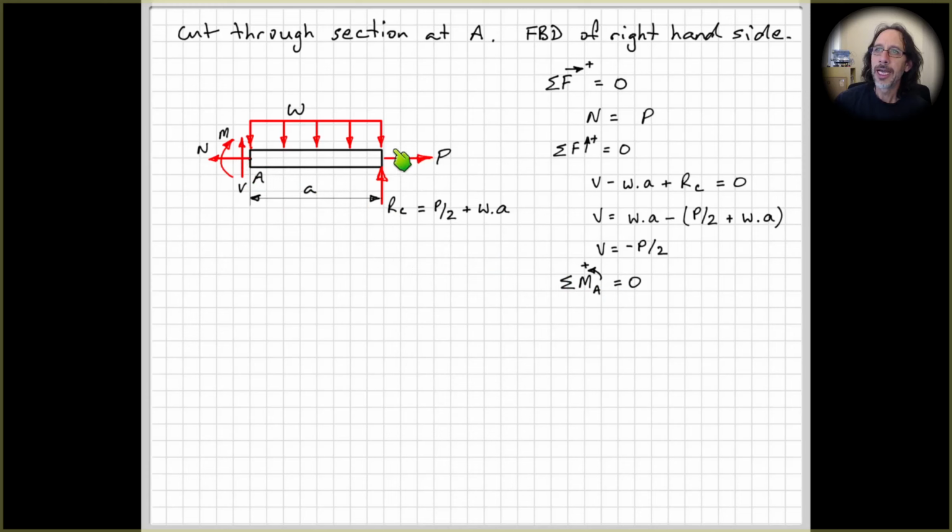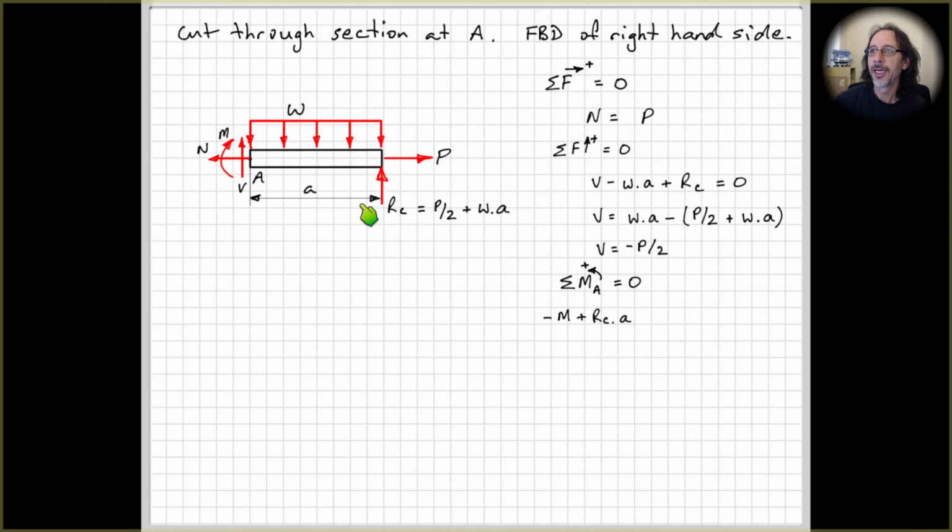Then if we do moments about the cut end, so normally we take moments about the cut end. You can take moments about anywhere else if you like. The only problem is that you'll get V, the shear force, in your equation, and then you just have to substitute from what you found before. No big deal, but you might as well take moments about the cut so that V doesn't appear in the equation. All right, so we have the moment, which is clockwise, so negative,